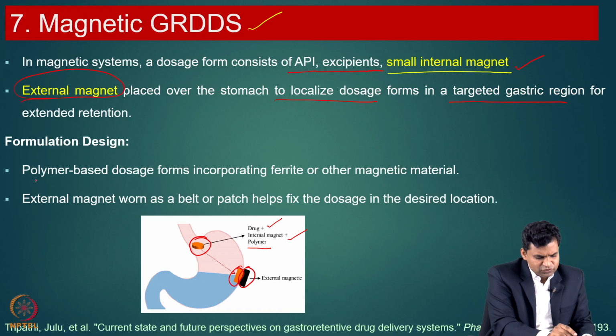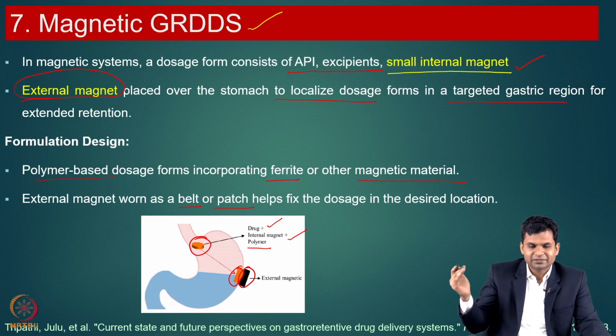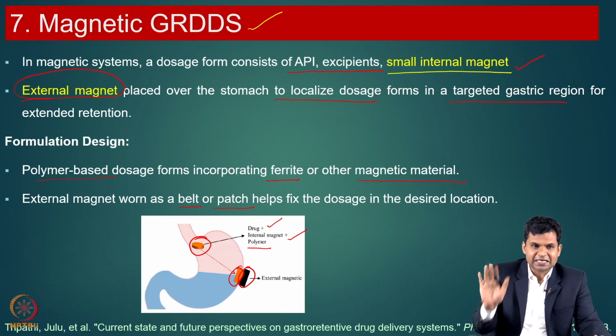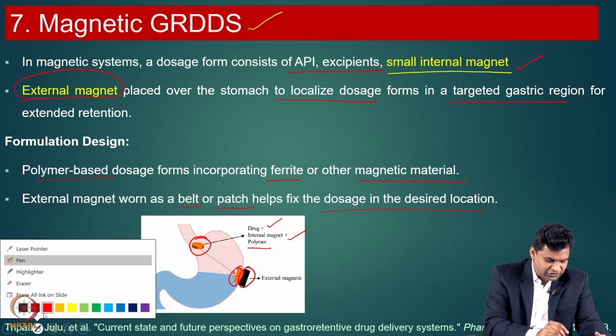Here we use various polymers, and especially we need to incorporate various magnetic materials, which are ferrite or other magnetic materials. And the external magnet, we can use as a belt or as patches, so that we can do our daily activities, but your dosage form will come in and stay at the particular site where you applied the external magnet, and then it will slowly release the formulation at that site. So, this is also one of the innovations in